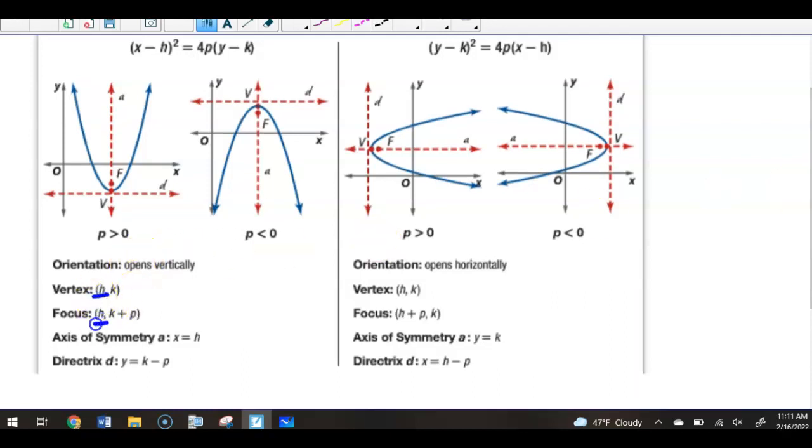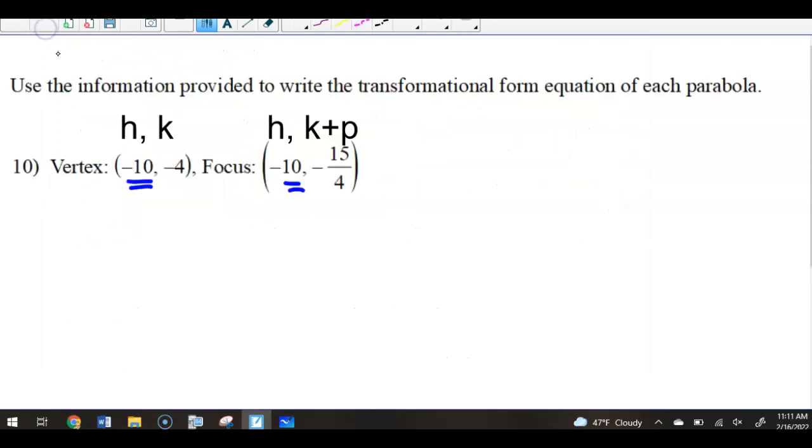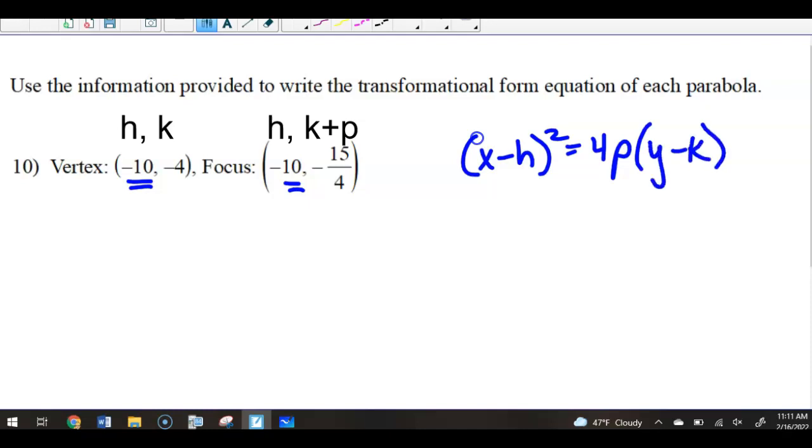So I knew right away, if the vertex and focus have the same x value, it's this form. Okay, same x value for vertex and focus. Use my recipe sheet, and that form was x minus h squared equals 4p times y minus k. And then I wrote above here that this is h, this is k,